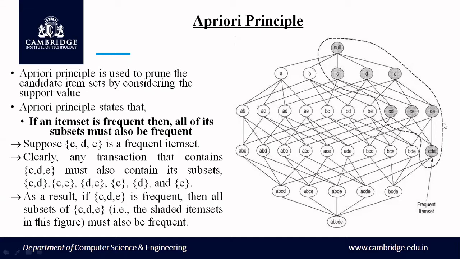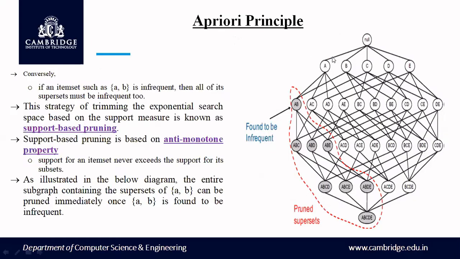So since CDE is frequent, all its subsets are going to be frequent. Equally, the other way around. Just to tell it in a converse manner, if any particular item set is found to be infrequent, for example, if we consider AB, a two item set, and AB itself is infrequent, then whatever item you add to this AB to increase the number of items, from 2 item set to 3 item set, from 3 to 4, 4 to 5,